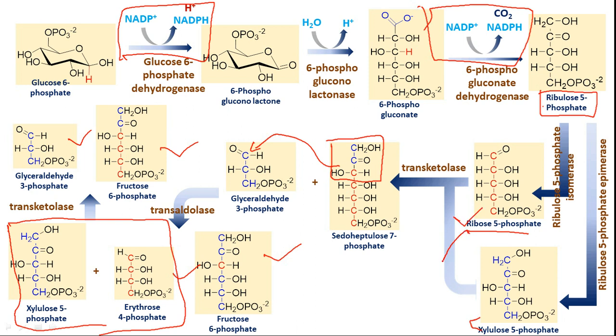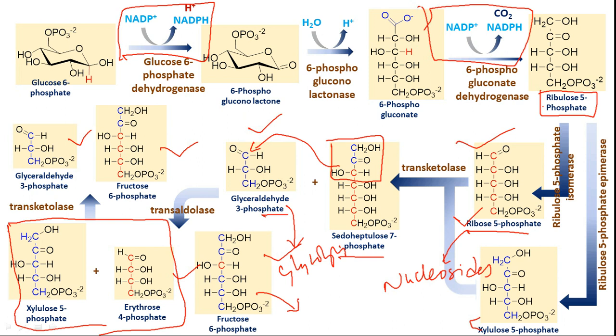Ribose 5-phosphate is the input for synthesis of nucleosides. Okay, means DNA and RNA, where the ribose unit will be incorporated. So here we are making use of that one. And then xylulose and ribose react with each other, so that sedoheptulose and glyceraldehyde 3-phosphate is obtained. So this will go into the glycolysis pathway, so that this is utilized. And then these two will react with each other, so that they result in fructose 6-phosphate. Again this can go into glycolysis.